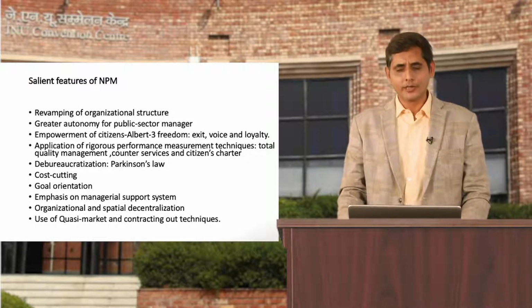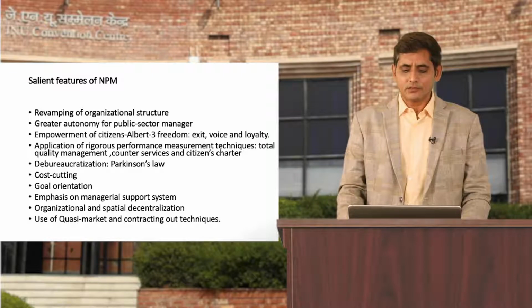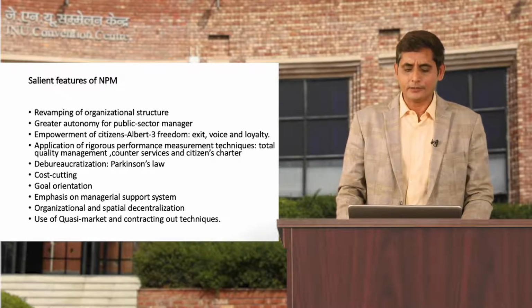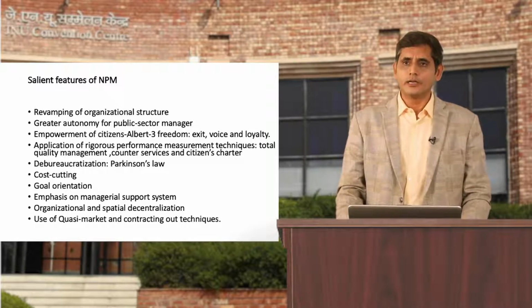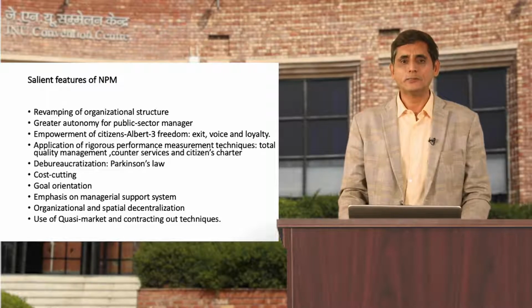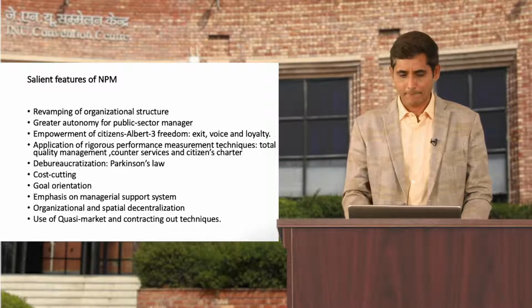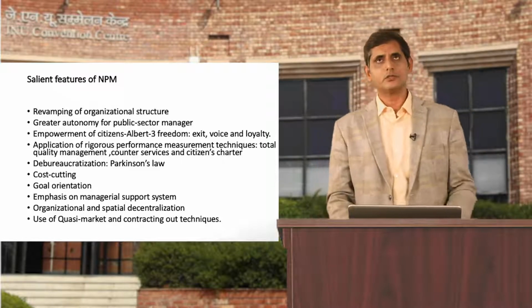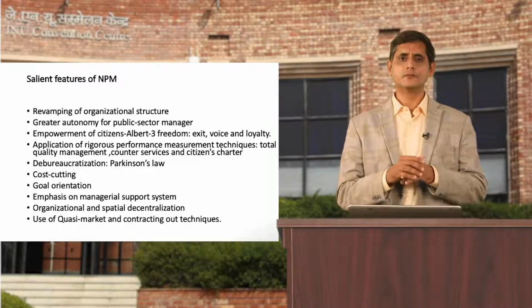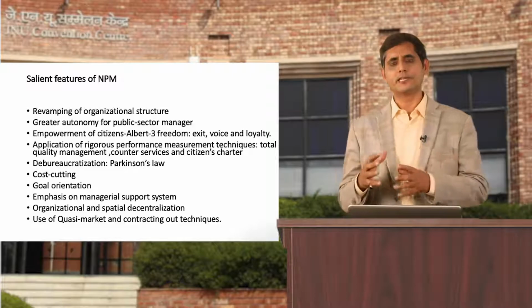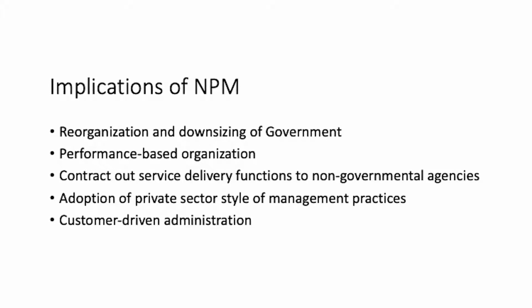It talks about goal orientation. It gives emphasis on managerial support system. Then it also talks about quasi-market and giving more and more services on the basis of contract. So these were the basic parameters, features, characters of new public management, and this new public management had